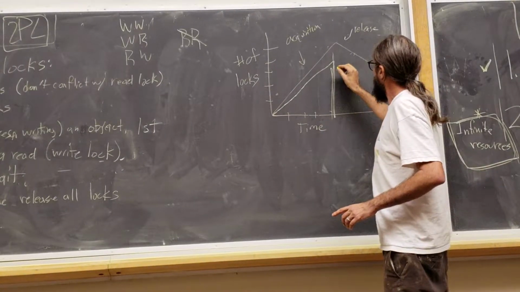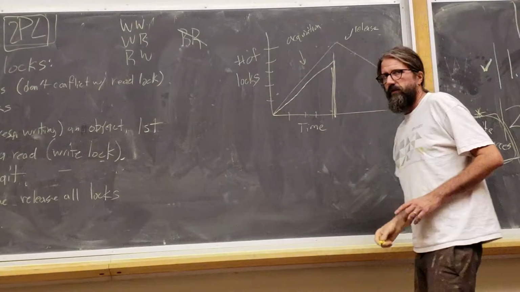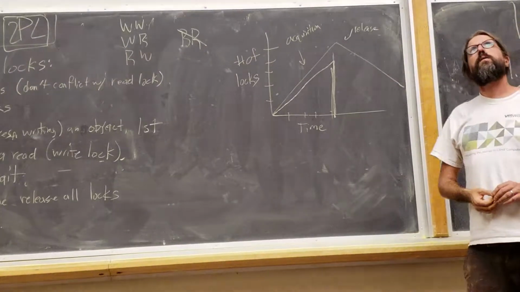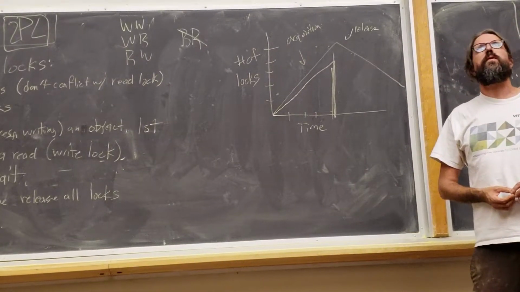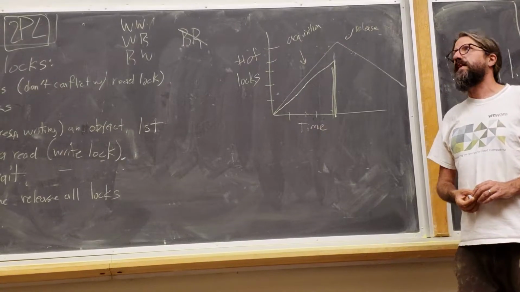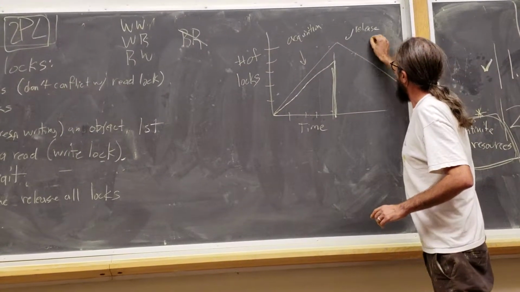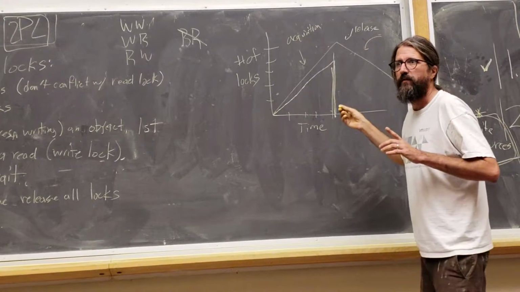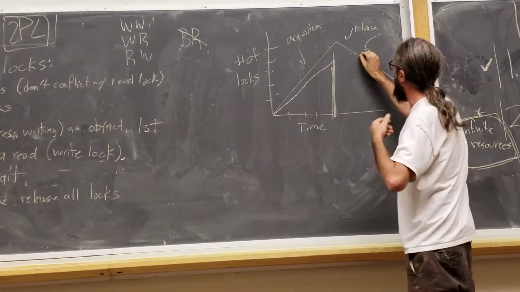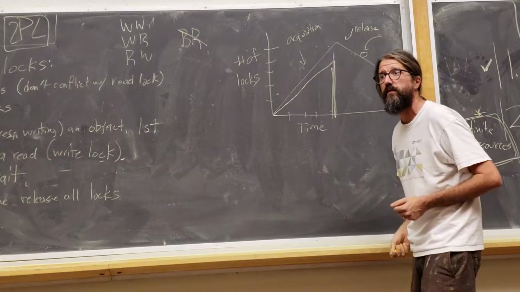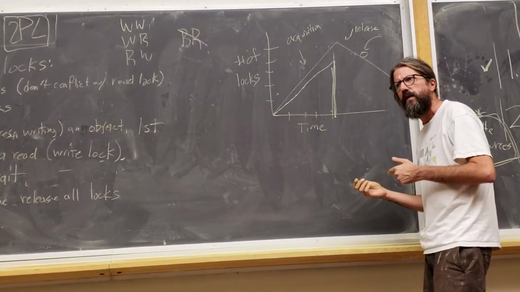Now, the reason that we do strict rather than not strict is a little bit fuzzy. Should I talk about it? No, I shouldn't talk about it. It has to do with recoverability of schedules. Wait, I think I can explain it. If we do slow release, another transaction could come along and read an object that I had released. And that's okay, because I'm done with it. And in some sense,